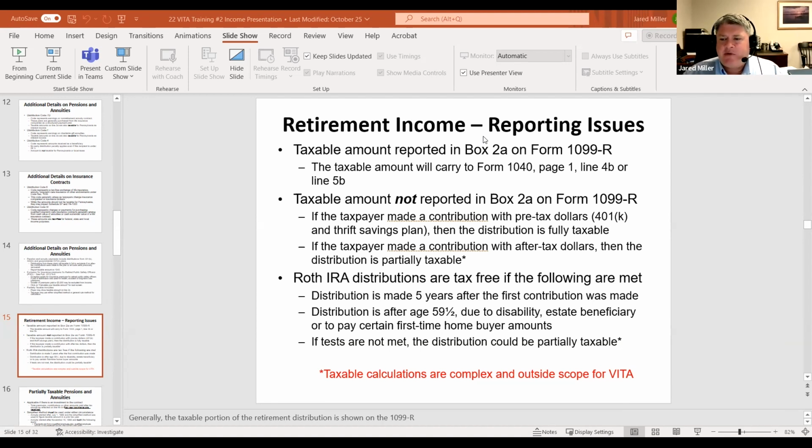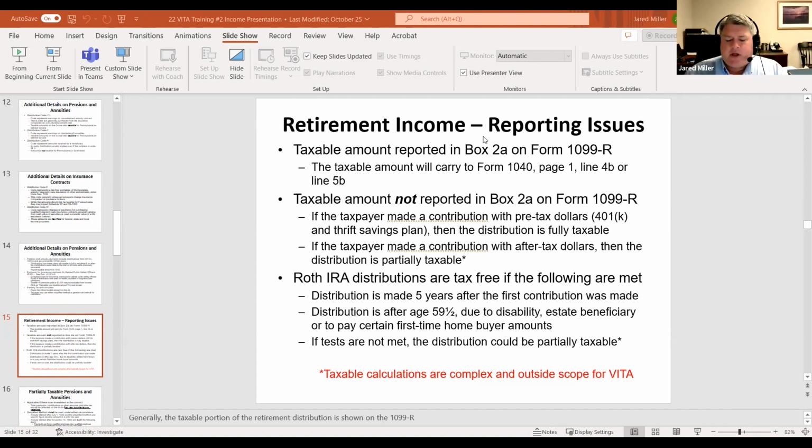One of the other issues we have about distributions will also be on the Roth IRA accounts. So again, hopefully with the Roth, we have just one of two options coming through. Either we're going to have a tax-free rollover for Roth, or we're going to get the code Q for a Roth IRA, meaning that is a qualified distribution.